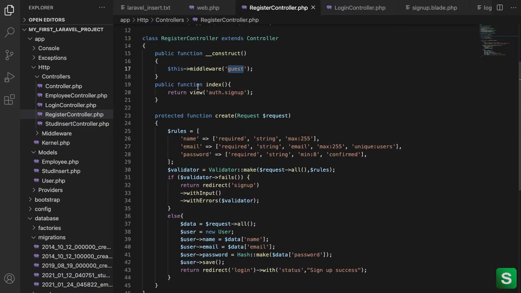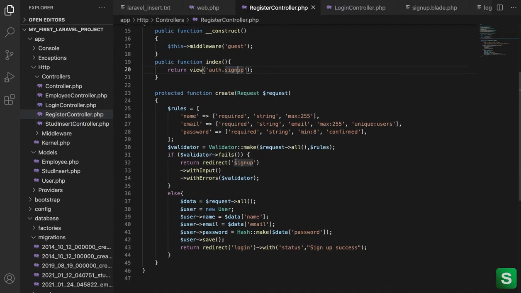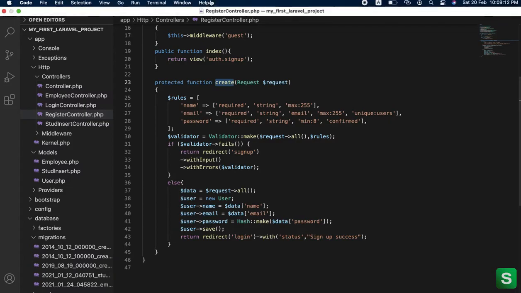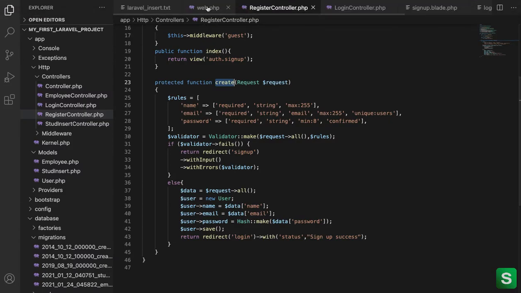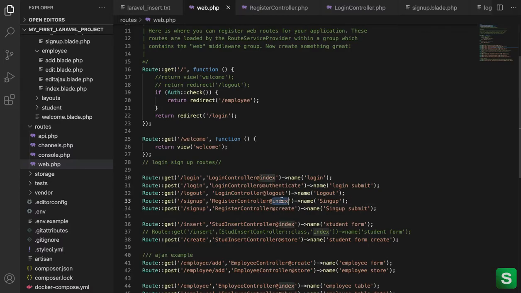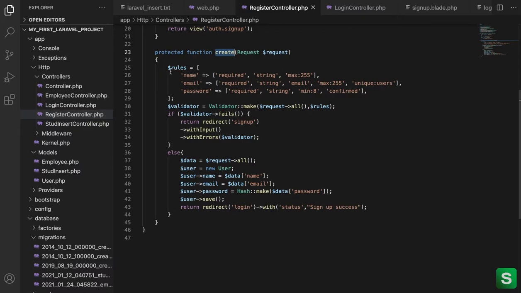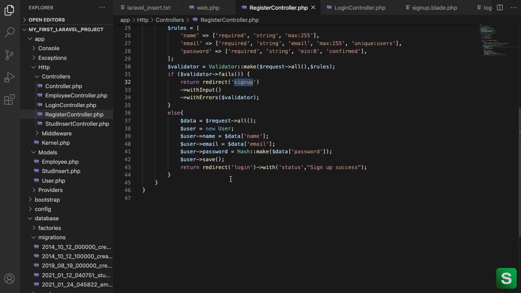After that, in the index I am just loading the sign up page, and in the create function, actually two functions I bound here. In the routes you can see index and create for get and post. On the create, we define our rules. For the password I am also using confirmed, so password and confirmed password should match. The email should be unique on users. So we validate all the fields coming from the form, and if there is any error we redirect to the sign up page. If there is no error,